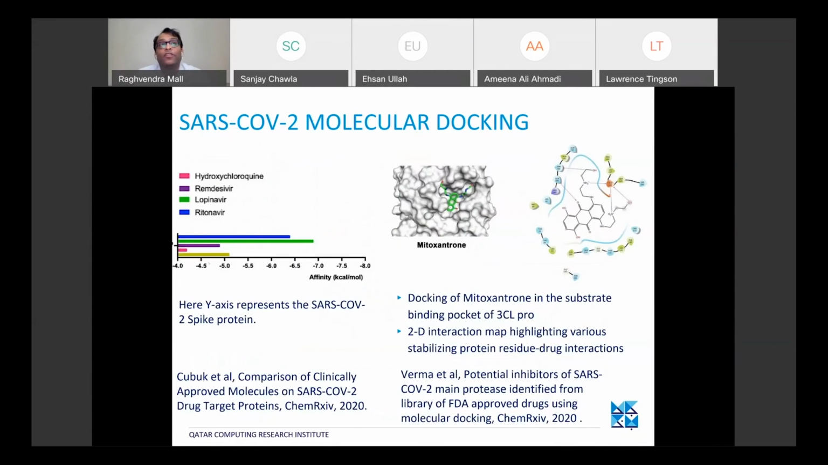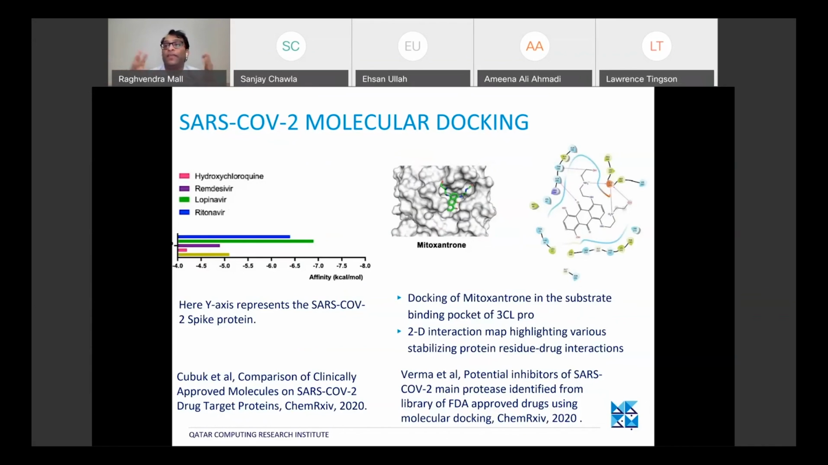In the same example, what they showed is that drugs such as hydroxychloroquine and remdesivir have very low binding affinity. To read this particular bar plot, what you have to understand is that you want your absolute affinity scores to be as high as possible, or the negative affinity scores to be as low as possible. So drugs such as hydroxychloroquine and remdesivir have relatively low affinity scores in comparison to antiviral drugs such as lopinavir and ritonavir,